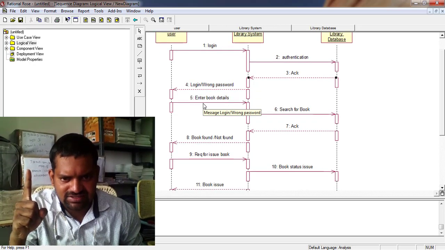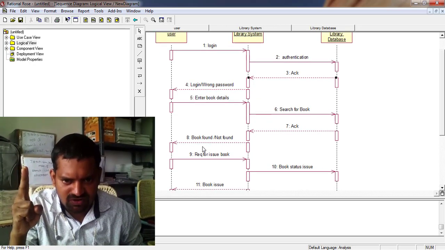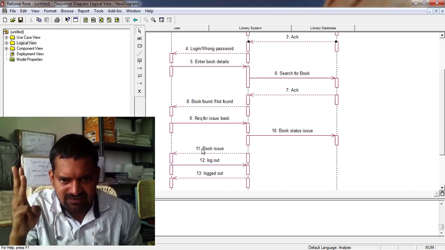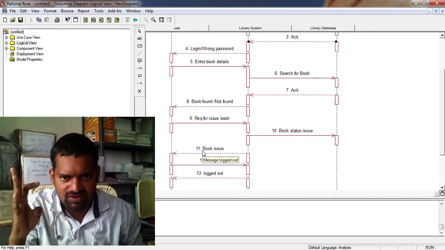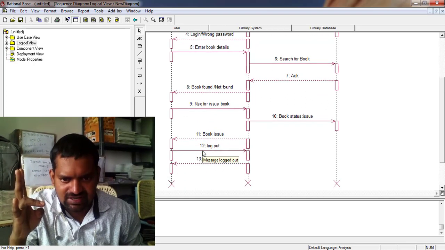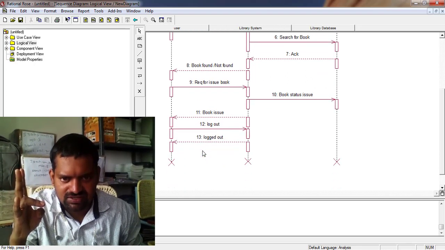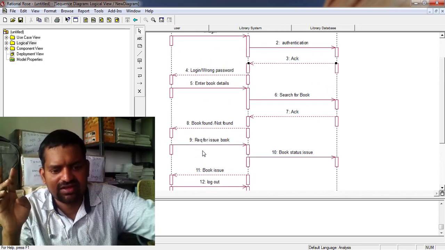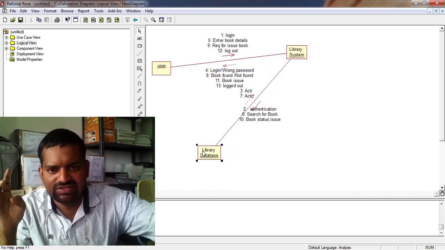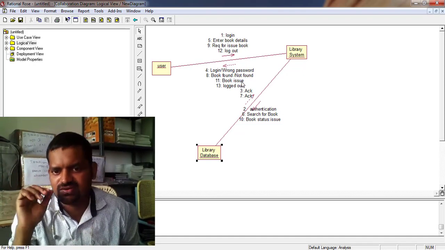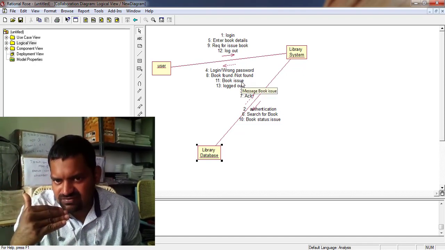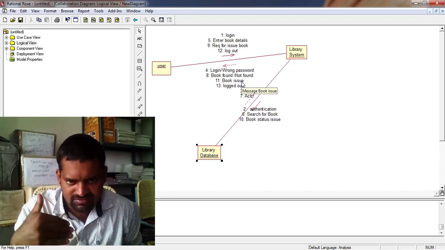Next, eighth, book found or not found. 11, book issue. 13, logout. So 4, 8, 11, 13 are the acknowledgements from the library system to user.